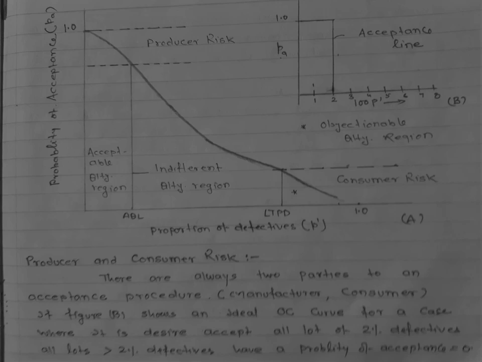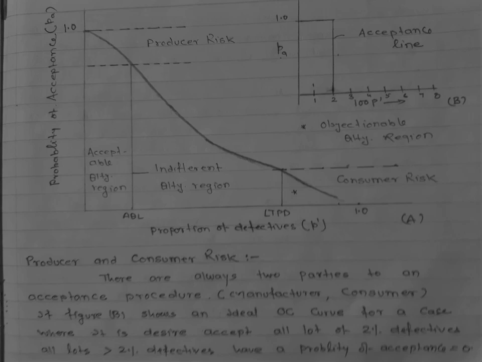And sometimes a company produces a product and in a particular sample the deviation occurs more than 2% and the whole lot is to be rejected, whereas if we inspect all the products in that lot, we observe that the defective components are less than 2%. So we can say that it is a risk for the consumer as well as the producer. Sometimes the good lot will be rejected and sometimes the bad lot is also accepted by a customer.